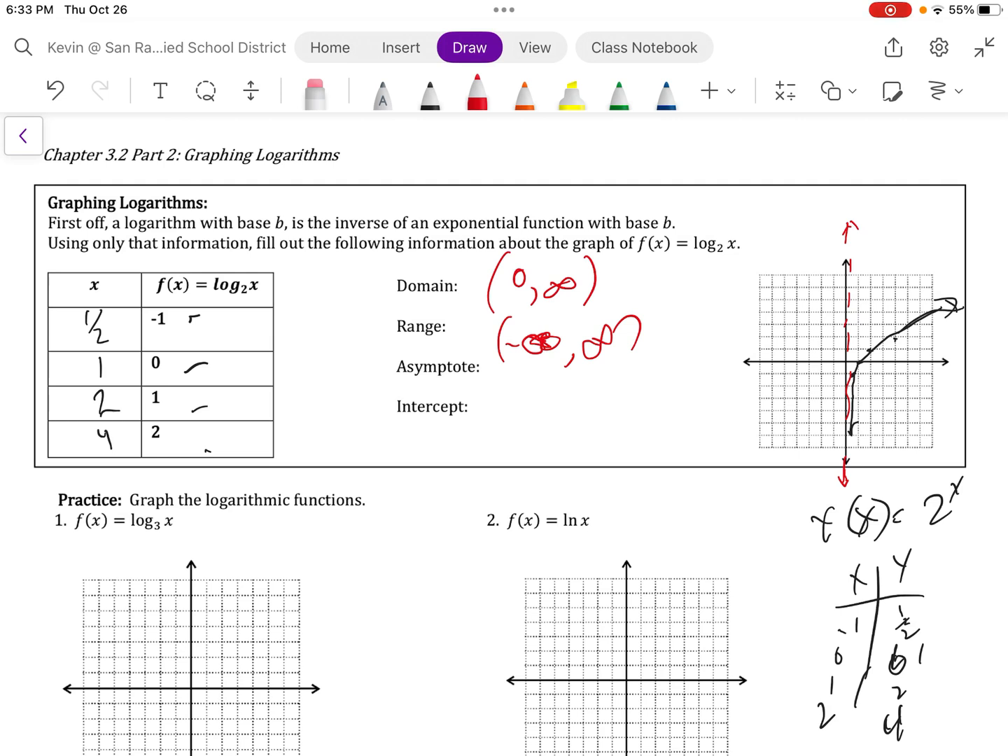Our asymptote, I just already said, was going to be x equals 0. And then our intercept, where we cross one of our axes, it's right here. It's on our x-axis, so it's an x-intercept, and that's going to be at